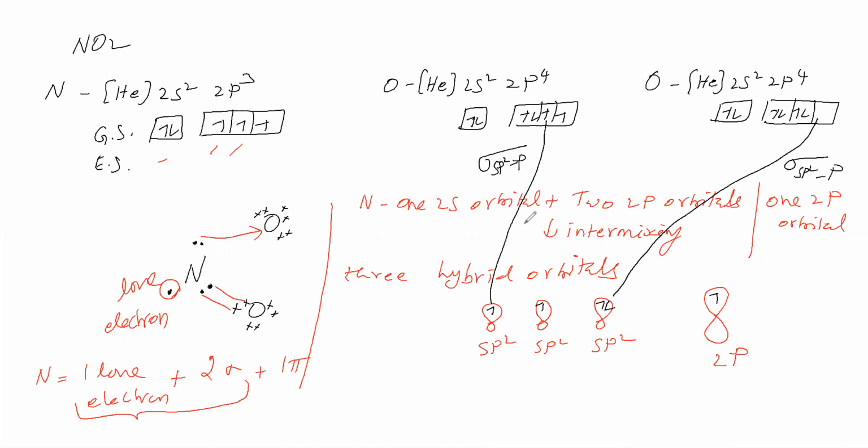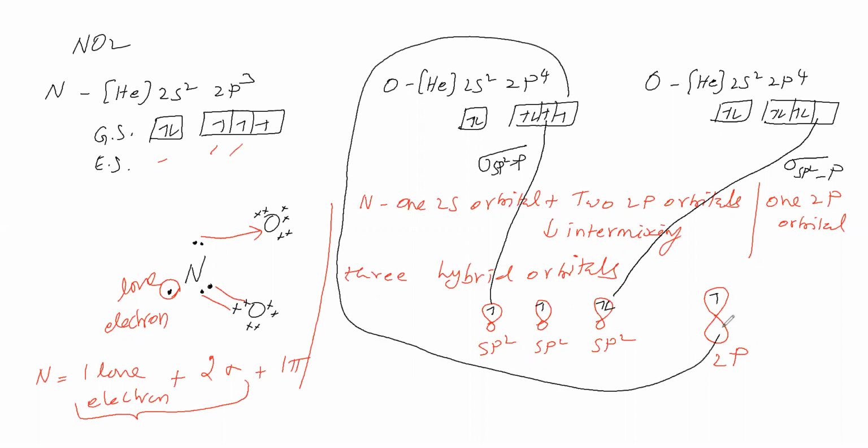Okay. Next you see that this oxygen is contributing this filled 2p orbital, and nitrogen is contributing this filled 2p orbital. These two 2p orbitals undergo lateral overlapping to give what bond? In the sense, a pi bond. In this pi bond formation, both atoms provide p orbitals, therefore this pi bond is called a p pi bond.